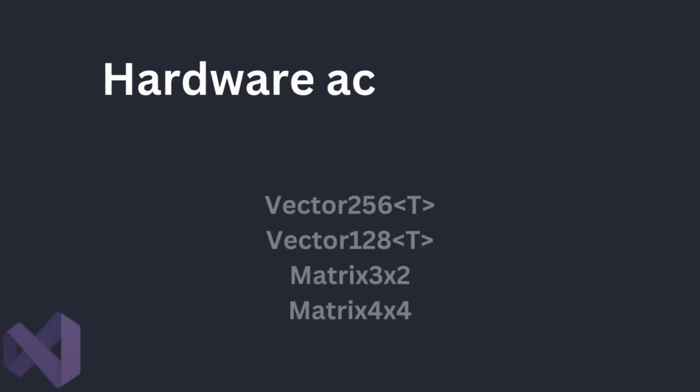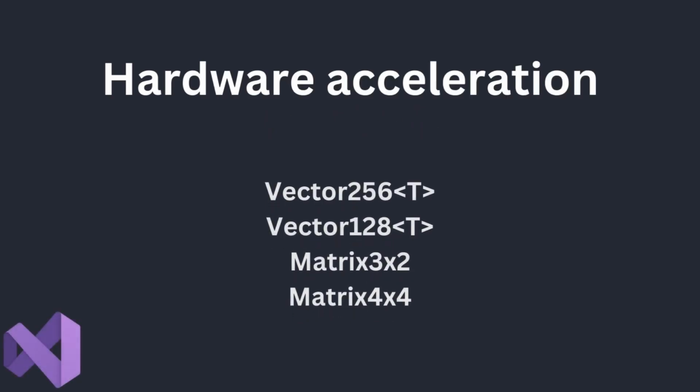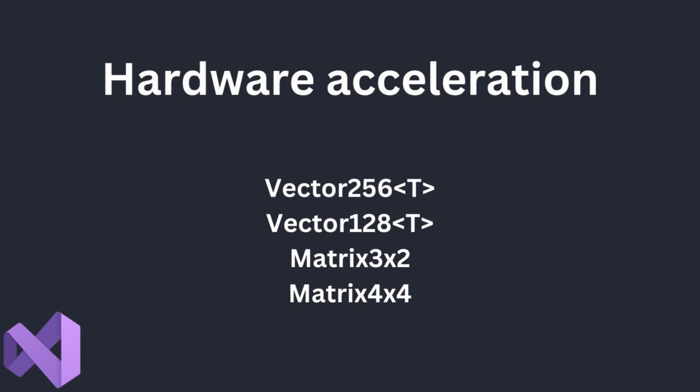Furthermore, significant changes have been made to improve performance and hardware acceleration in the core libraries. Specifically, Vector256 has been rewritten to be internally 2 times Vector128, resulting in increased performance on certain hardware. Other improvements include enhancements to Matrix3x2 and Matrix4x4, although a detailed explanation of these changes is beyond the scope